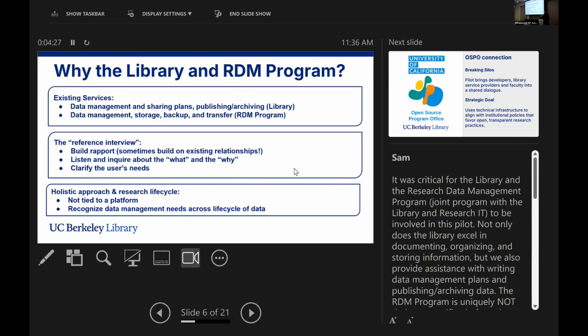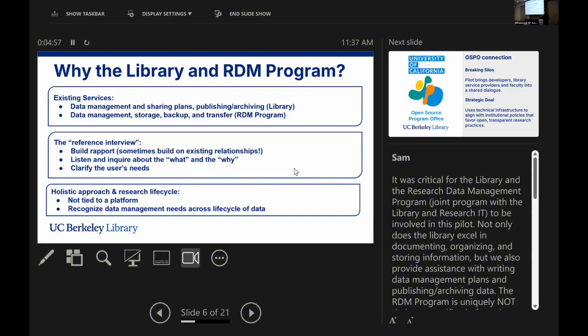Thanks, Anna. We have a pretty library-friendly crowd, but if you're curious why the library would be part of this, for one, we had existing services, partially in the form of Anna and her team doing data management and helping people construct data management plans. We also do publishing through the library and archiving. Our colleague Erin is part of the research data management program that helps with, as the slide says, data management,